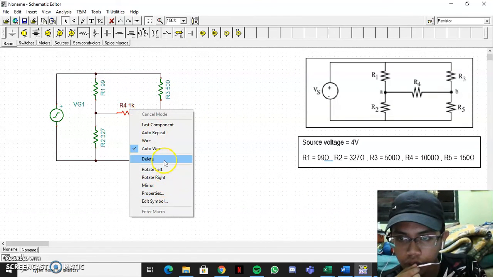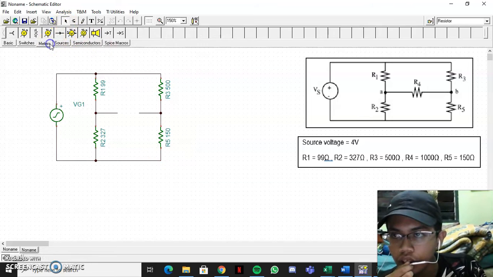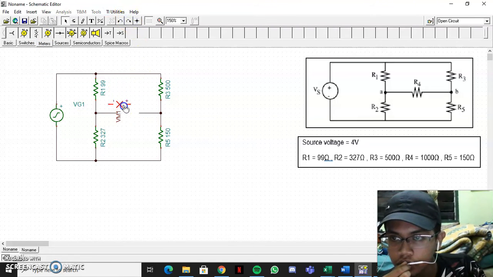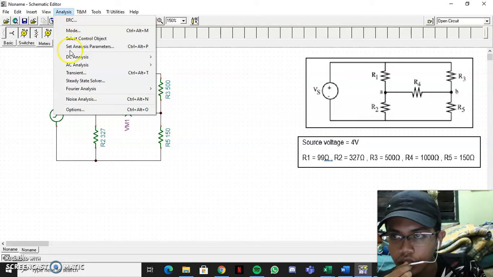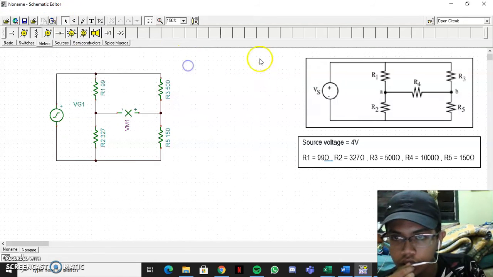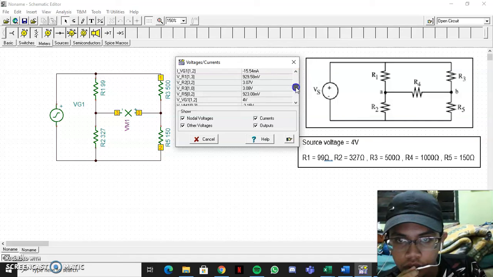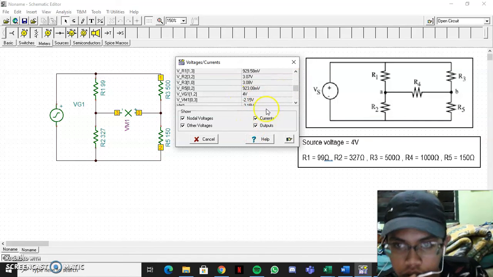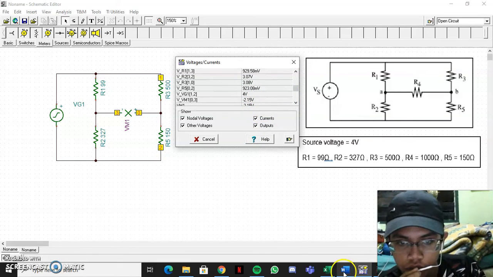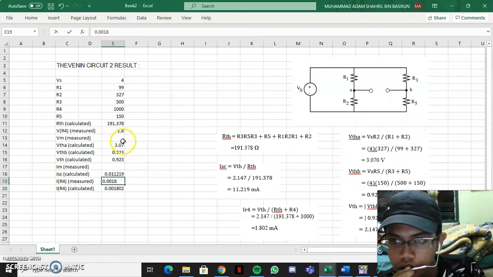Right now I will remove this component and replace it with this. The value that we get is 0.15 volt. So we put it into the Excel.